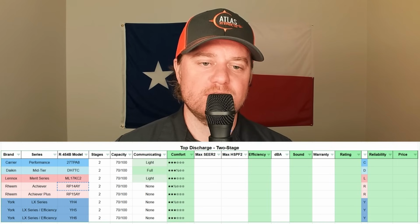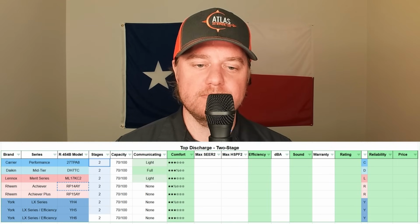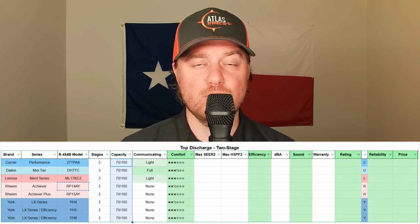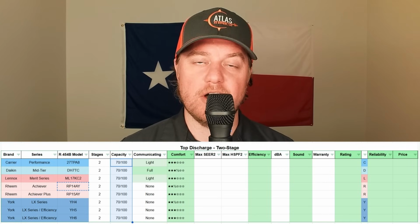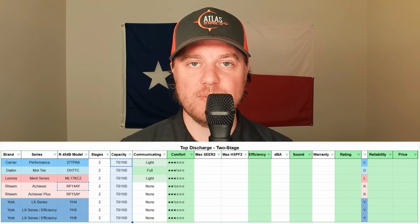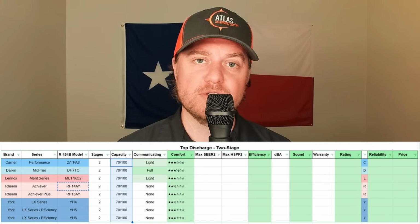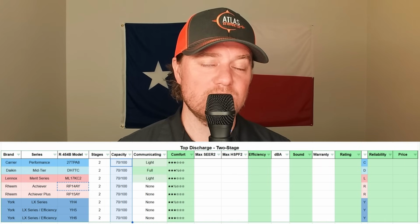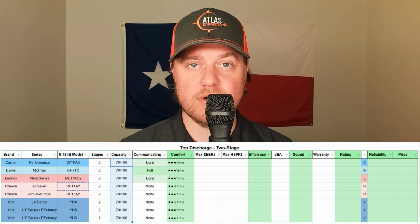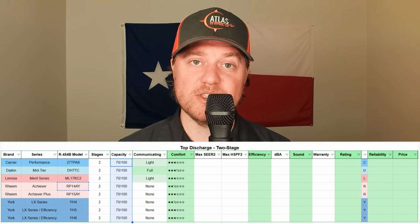So each one of these units do come with a 2-stage compressor, and its operating capacity is going to start around 70%, and the majority of the time these units are going to be operating in the first stage. And this does help reduce the number of hot and cold spots a house could have, so better temperature control, and since it's running longer, it's also going to dehumidify a little bit better. And when that first stage can no longer keep up, it's then going to ramp up to the second stage